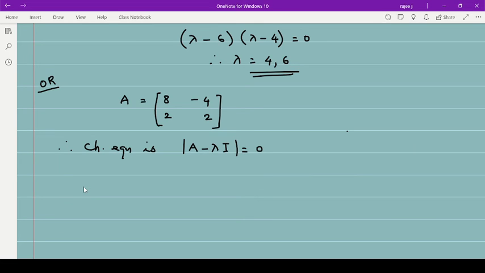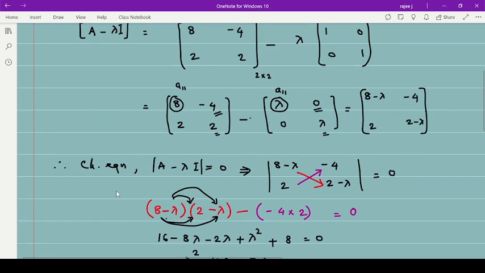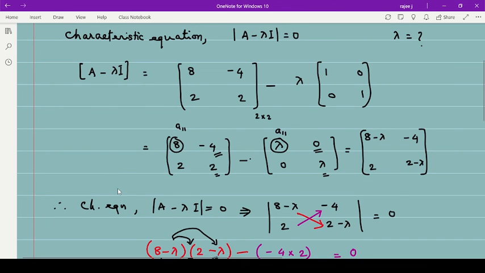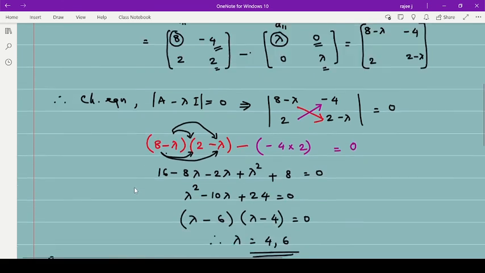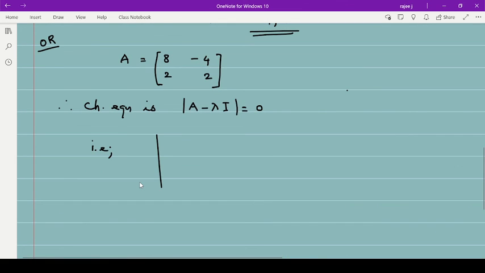So we wrote like this. Then what you have to write is the determinant of A minus lambda I. If you look here, see what we have done: from the diagonal elements you subtracted lambda, now 8 minus lambda and 2 minus lambda. All the remaining elements are as they are. So you need not write these steps. You can directly write this equal to the determinant with 8 minus lambda, minus 4, 2 minus lambda, equal to 0, and then we will simplify it.